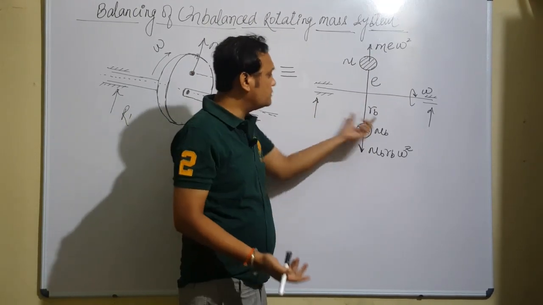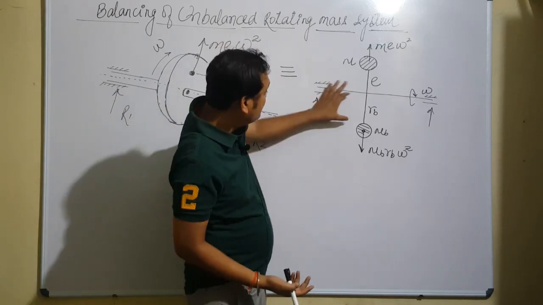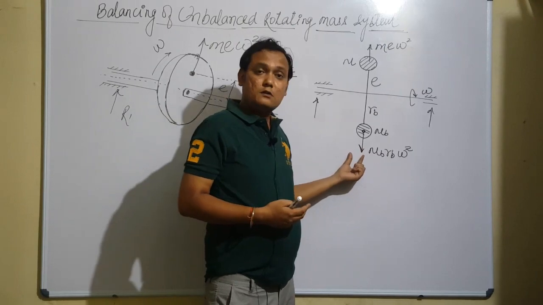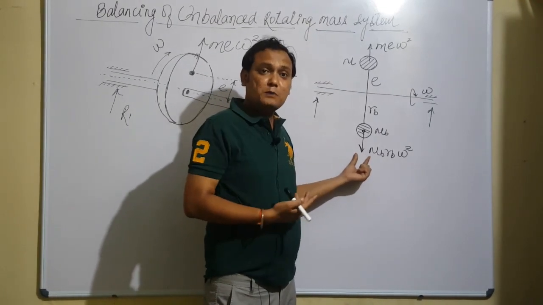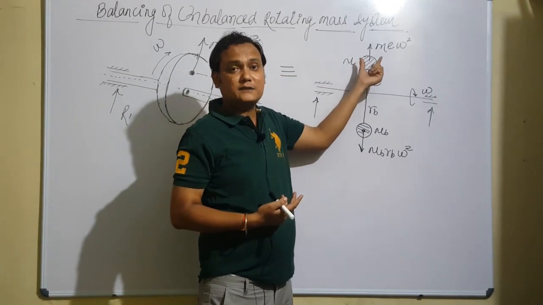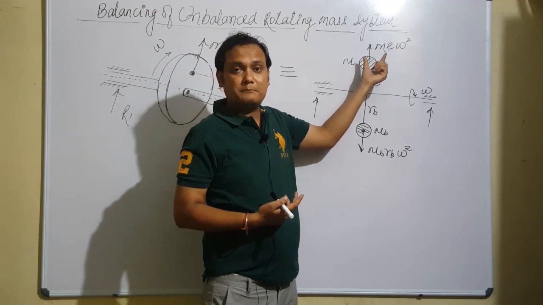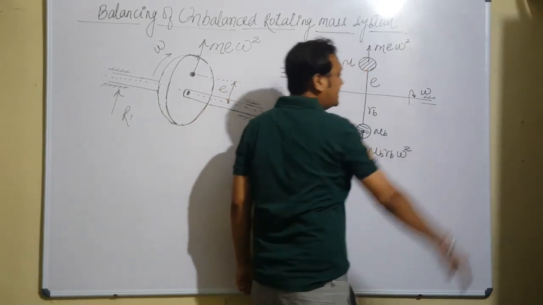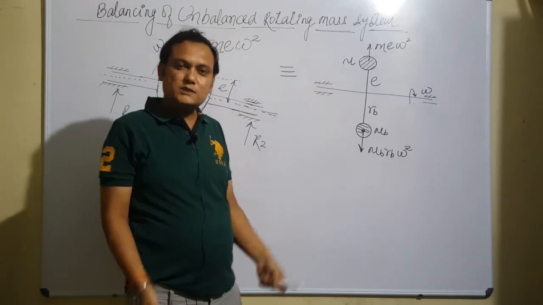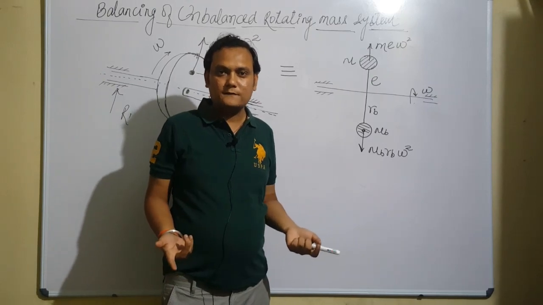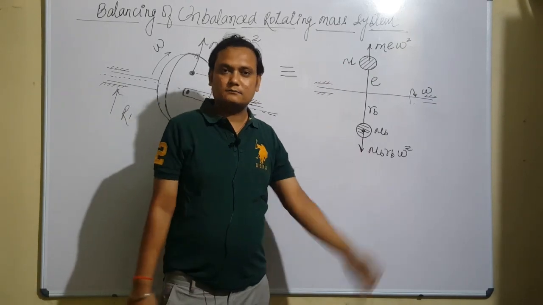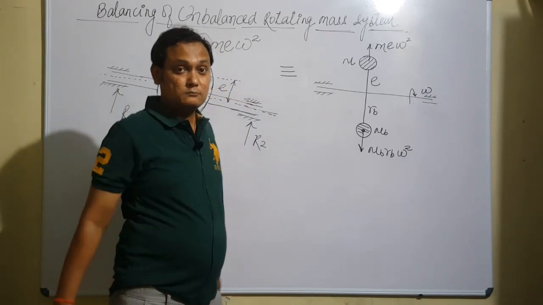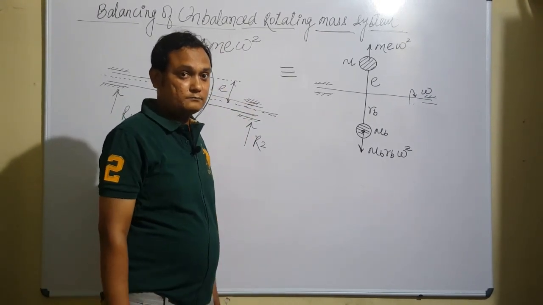If we add inertia to the system judiciously at a distance rb in such a way that the centrifugal force produced by the balancing mass counters the unbalanced centrifugal force, then what will happen? These unwanted dynamic reactions will immediately be eliminated. And this is the very purpose of balancing. This is how we can balance the system. But the story doesn't end here. No. The fundamental concept is still there.